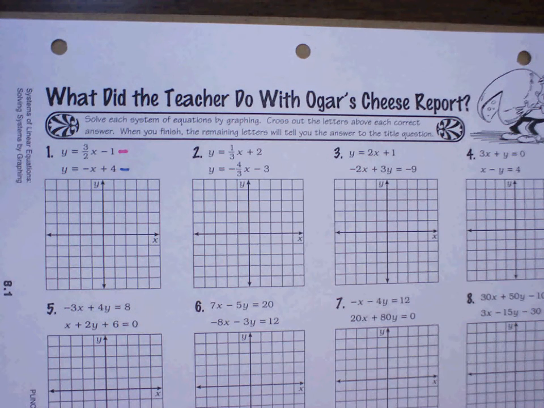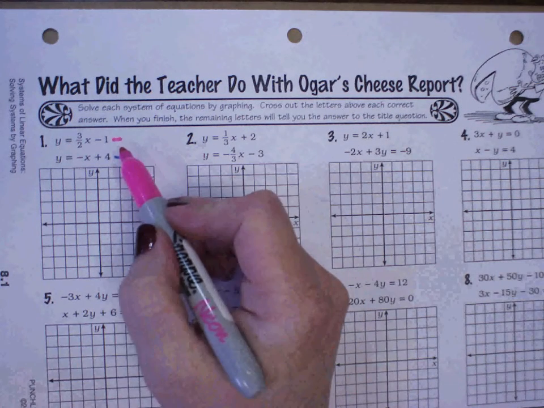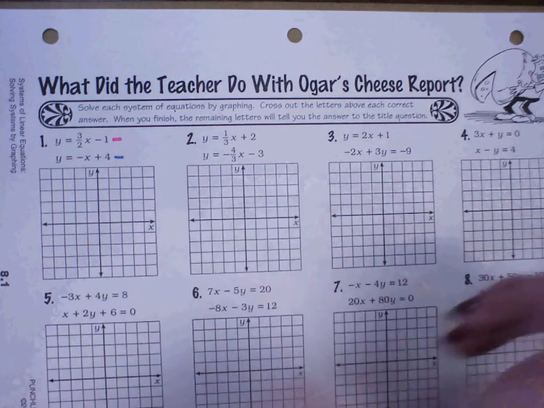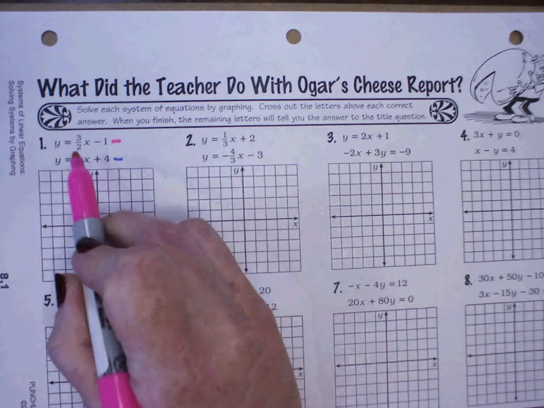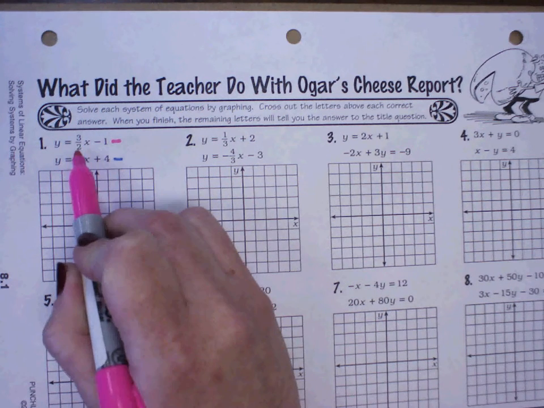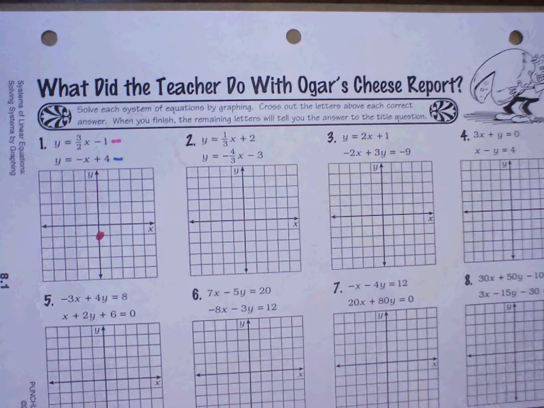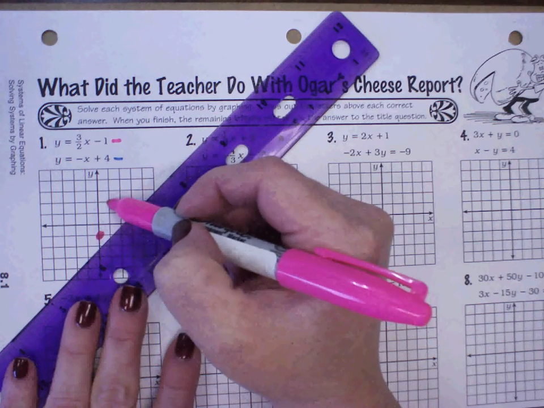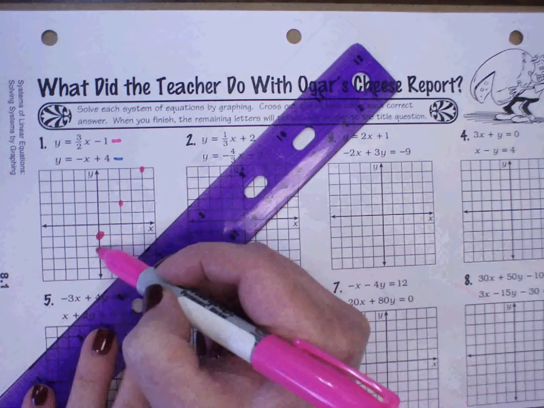All right, so, table 1. So, you always start with your y-intercept first, right? Which would be negative 1 for the first one. And then you're going to use your change in y over your change in x, so your rise over run. Now this is a positive because Jimmy has been a good boy, right? So you need to say 1, 2, 3, 1, 2, and then let's do some over here. 1, 2, 3, 1, 2, and then you connect those dots, right?